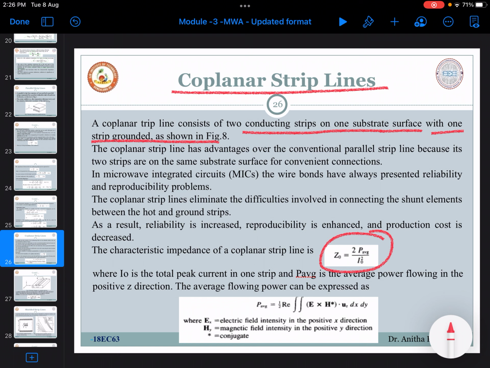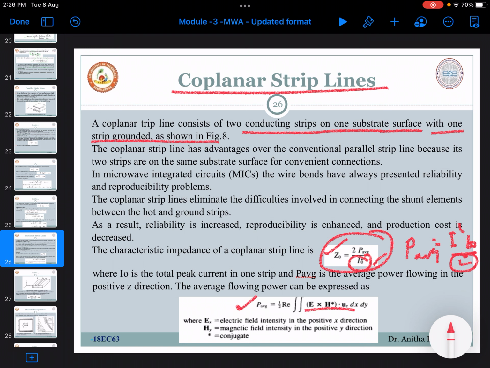The major reason is that you need to match the impedance with the input signal. You need to know about the characteristic impedance, else you will have losses. We can evaluate the characteristic impedance as 2 into average power divided by I naught squared. As we know, average power P is equal to I squared R, so I squared into Z naught, and the factor of 2 comes from the conversion. So if I know the peak current value, you can evaluate Z naught, and you can evaluate the average power